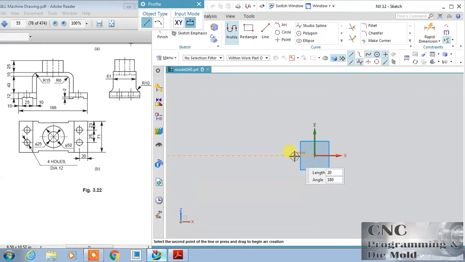So start from this and click here and a little bit down.